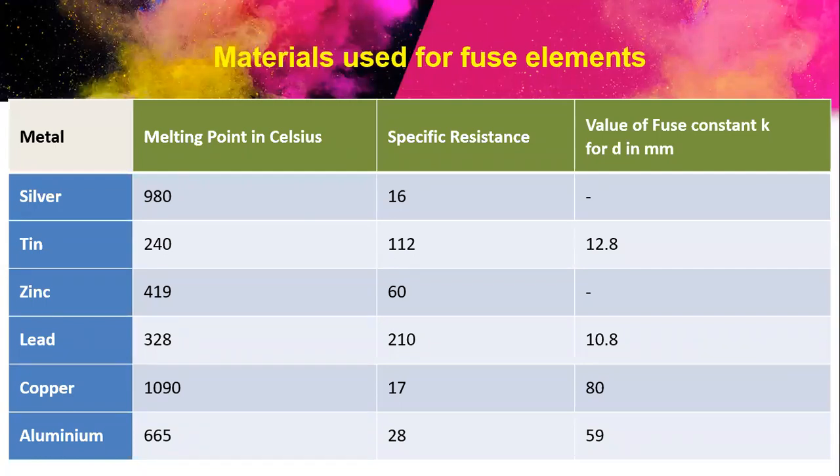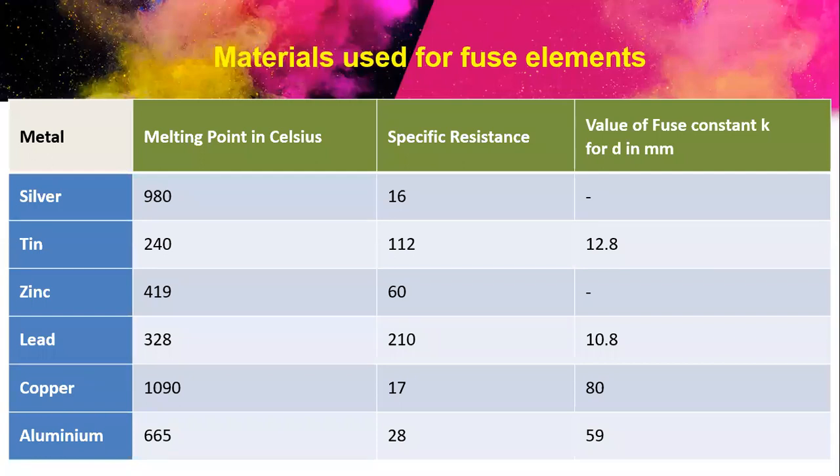And at the same time, you can observe here also the melting point of the fusing elements in Celsius. For example, you can see silver generally melts at 980 degrees centigrade. That means if the fusing current tries to create heat energy up to 980 degrees centigrade, then the silver fuse will melt. So as time passes, the heat increases cumulatively. When it reaches the melting point, 980 degrees centigrade for silver, it automatically breaks. That is the melting point in Celsius.